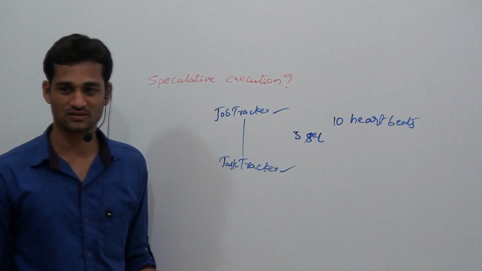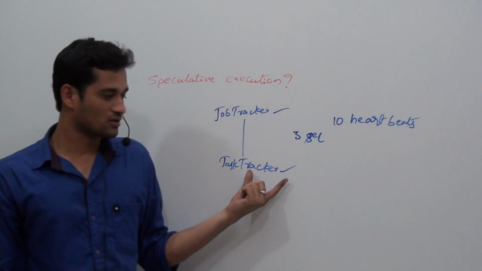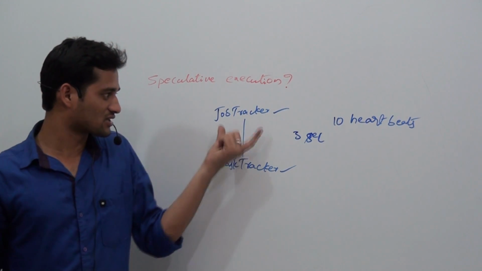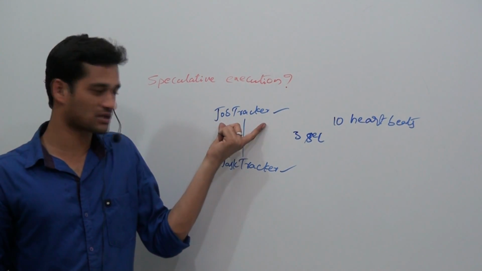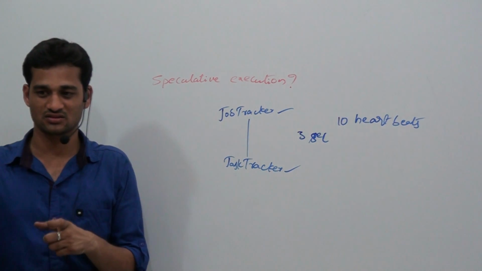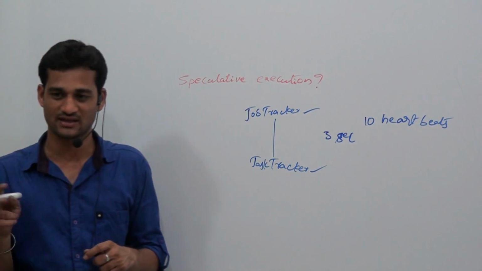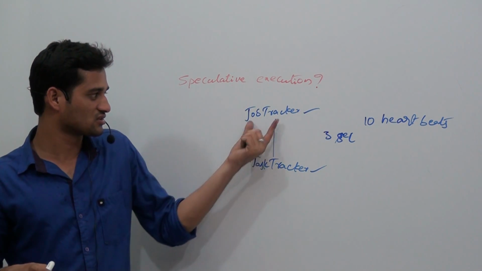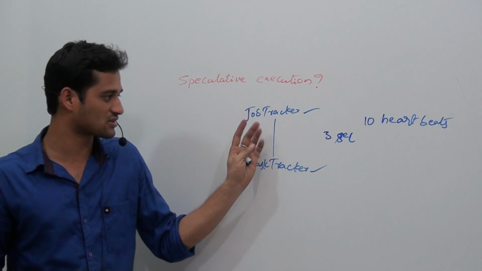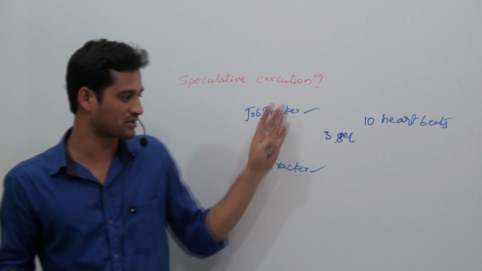It can wait 10 heartbeats of time. In that time also, if the task tracker is not giving any more heartbeat back to the job tracker, the job tracker can just think that the task tracker may be working very slowly, or that the task tracker may be dead. So in that situation, the job tracker tries to pass that same task to some other task tracker,